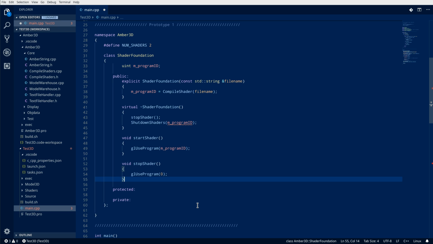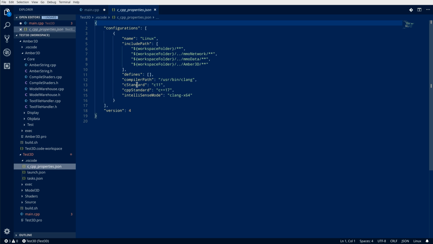I just tend to choose what I think will do the best on the platform that I'm on. On Windows, funnily enough, I probably will use MinGW64, yeah, probably, as the compiler. So all you do is, obviously in your properties here, you just change it over to wherever you put